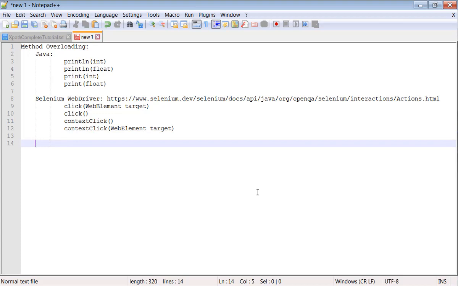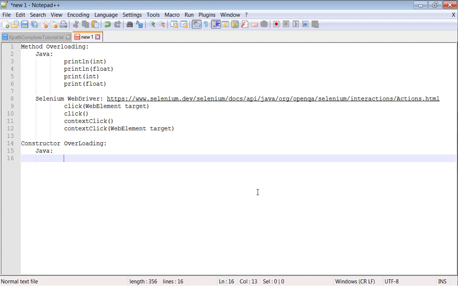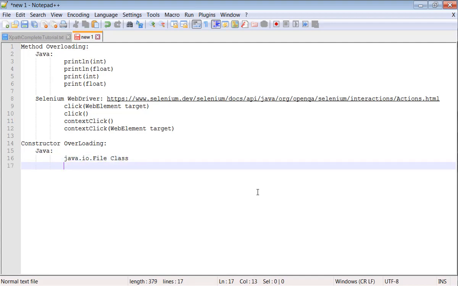And when you discuss constructor overloading, in Java there is an example: the java.io.File class has different constructors. Similarly, we have Selenium WebDriver.